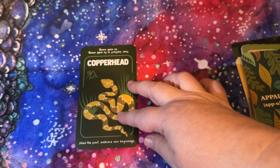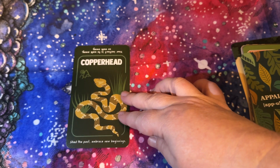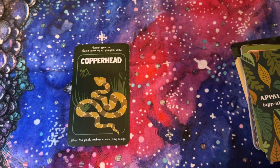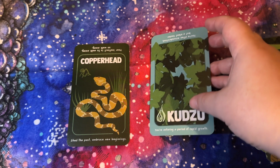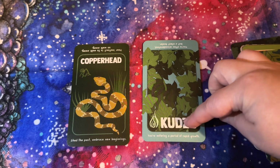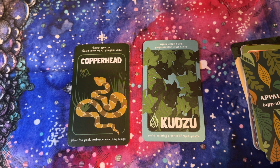I'm not going to read both the top and bottom. Leave some mystery there for you. But what I will do is kind of go through and read. Like I said, I might pull some to actually read from. So katsu